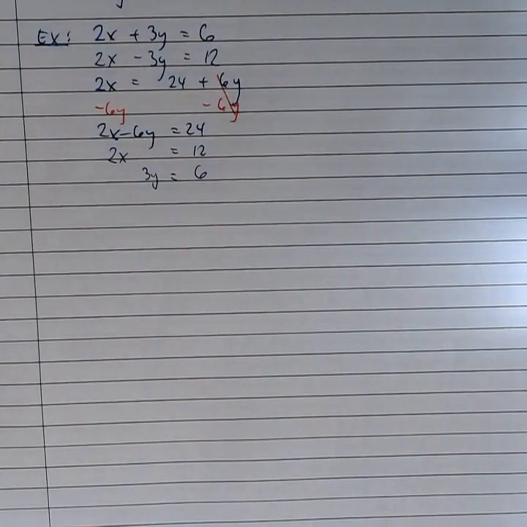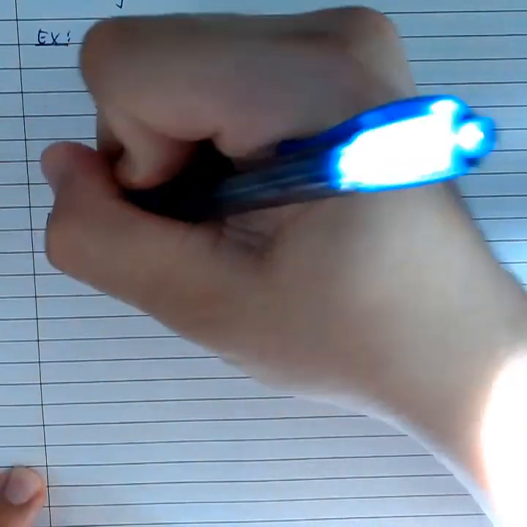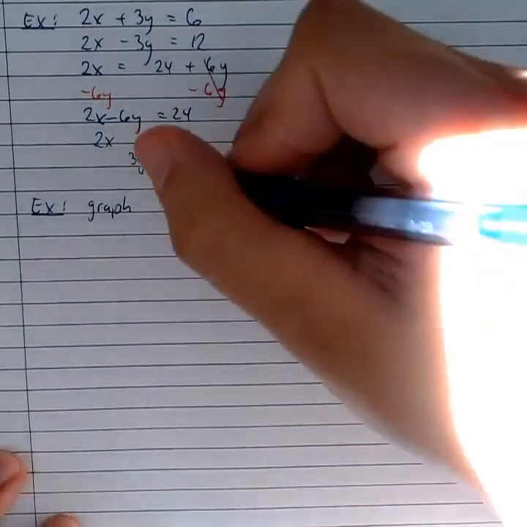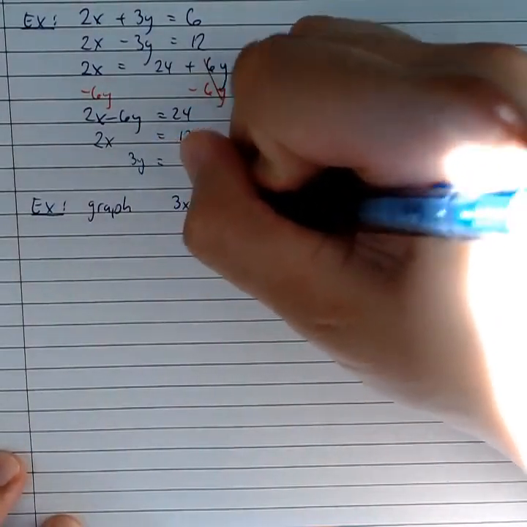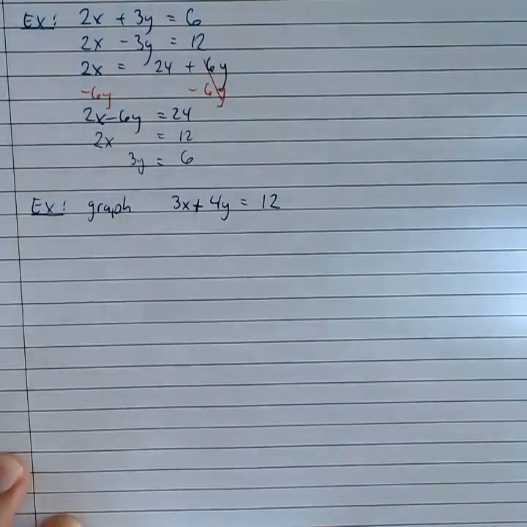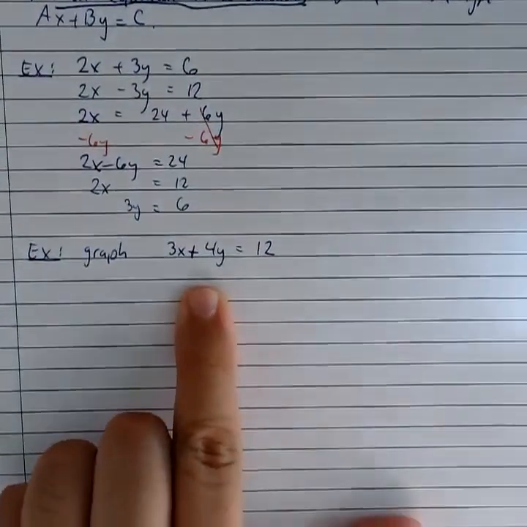First, let's go ahead and consider some graphs. There's a reason why we name these linear equations, and that's because of the way their graphs look. So let's go ahead and graph the equation 3x plus 4y is equal to 12. Whenever we graph a linear equation, in other words, an equation that fits into this category, the graph will always